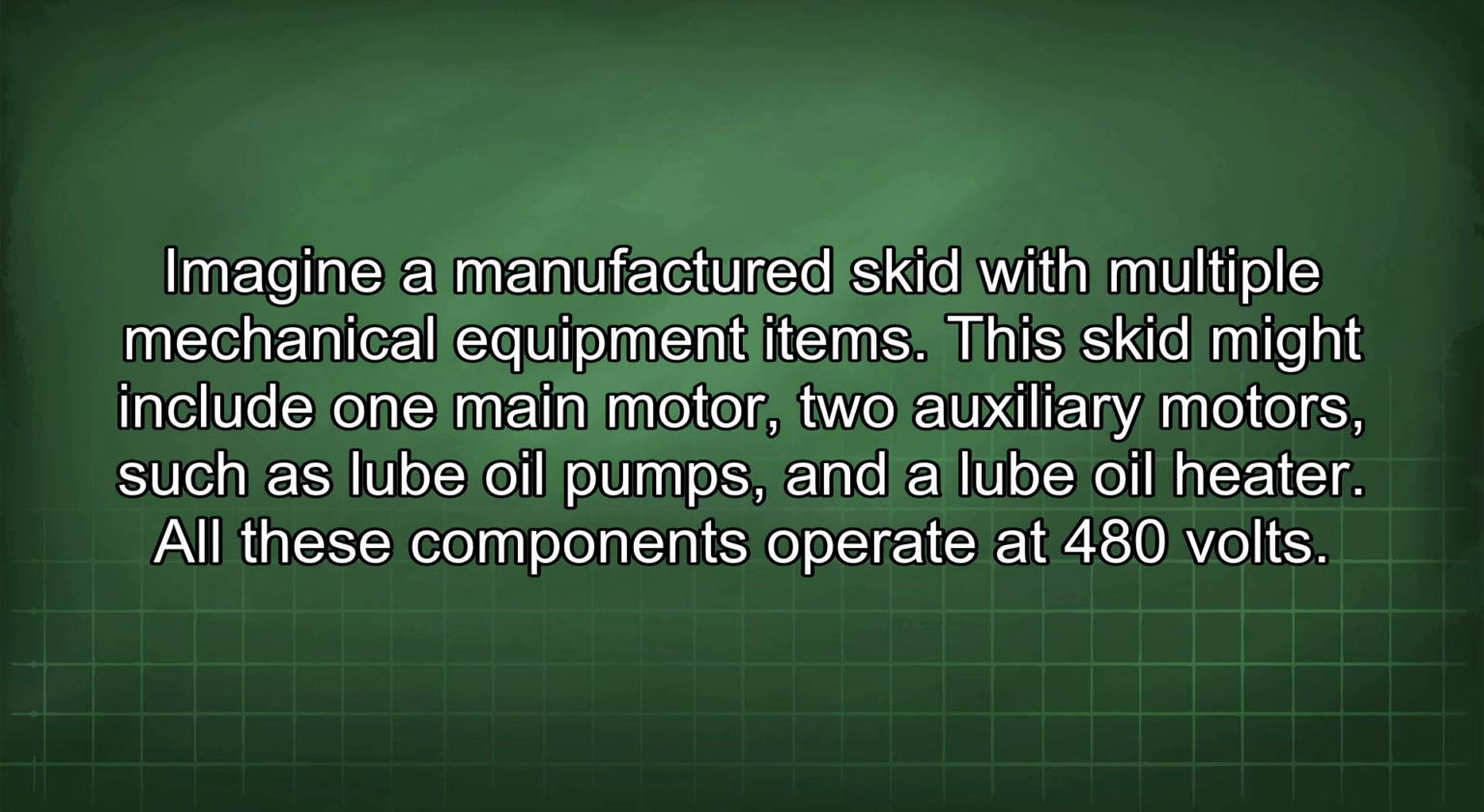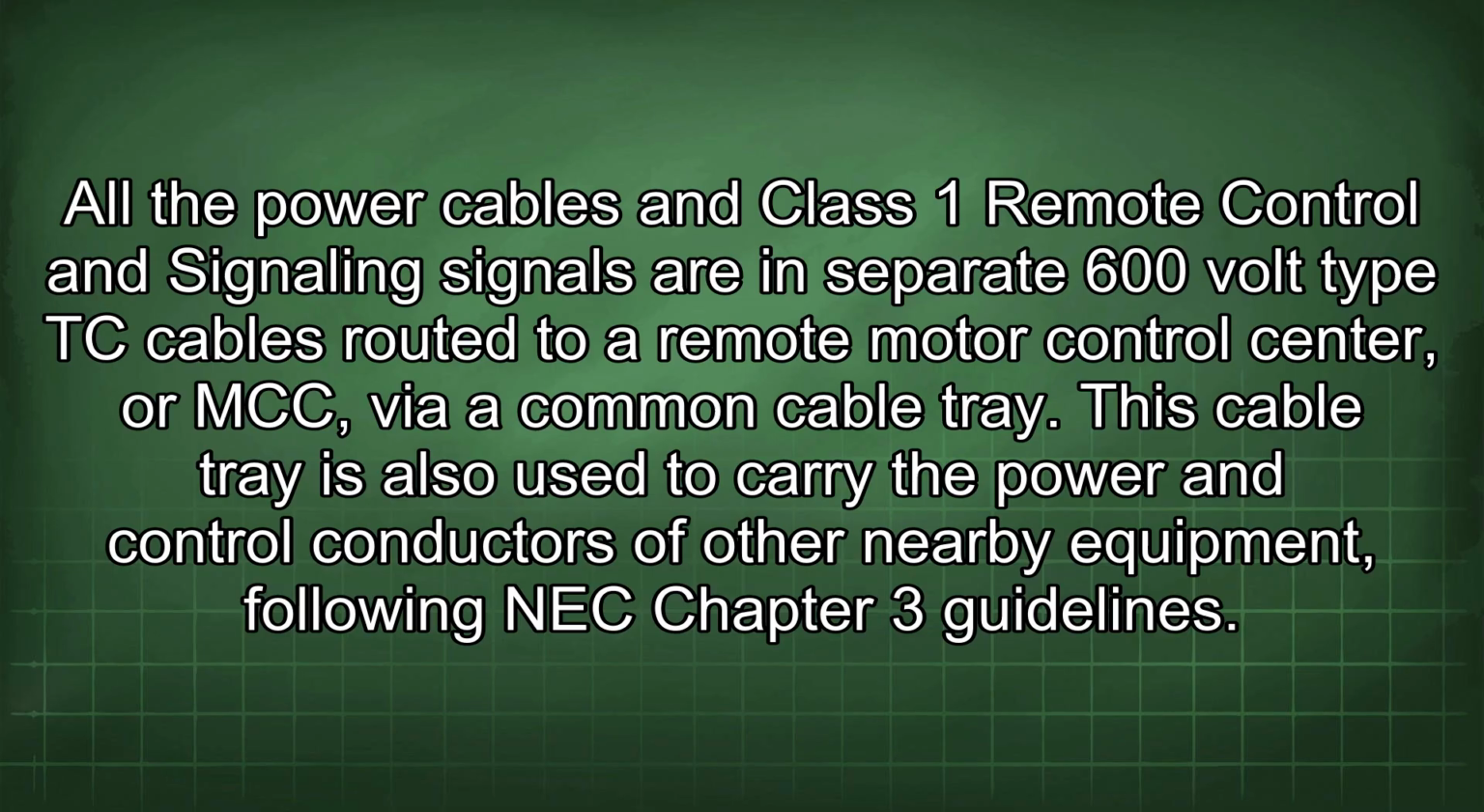Imagine a manufactured skid with multiple mechanical equipment items. This skid might include one main motor, two auxiliary motors, such as lube oil pumps, and a lube oil heater. All these components operate at 480 volts. All the power cables and Class 1 remote control and signaling signals are in separate 600-volt Type 2C cables routed to a remote motor control center, or MCC, via a common cable tray. This cable tray is also used to carry the power and control conductors of other nearby equipment following NEC Chapter 3